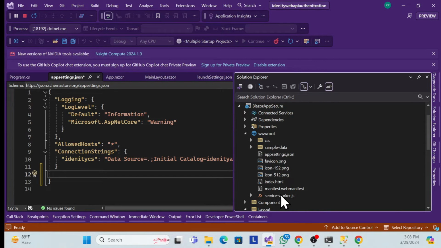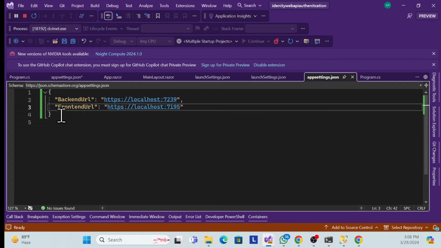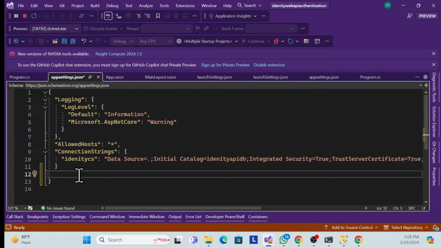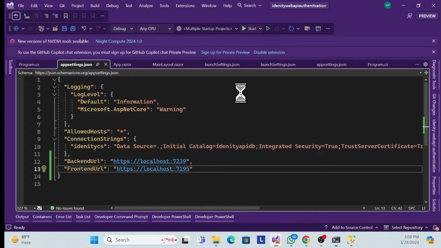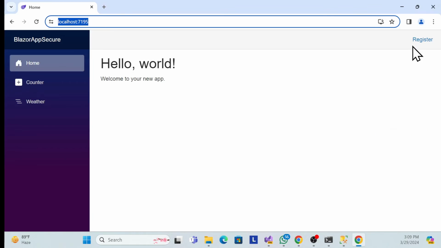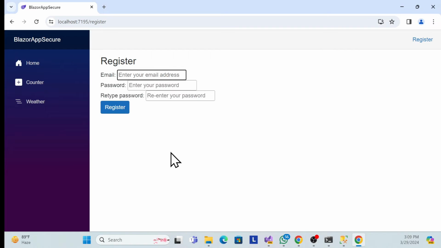So I don't want to write it again. Same thing, you just have to copy, go back here, and set it over here. That's it, right? So once I set it, now it should be fine. Let me run one more time, and it's also running. And now let me add the new user